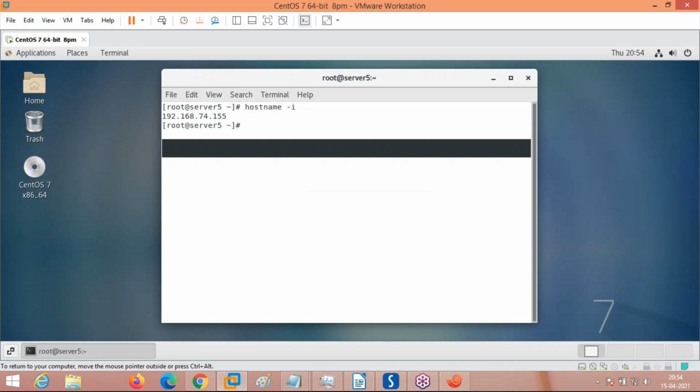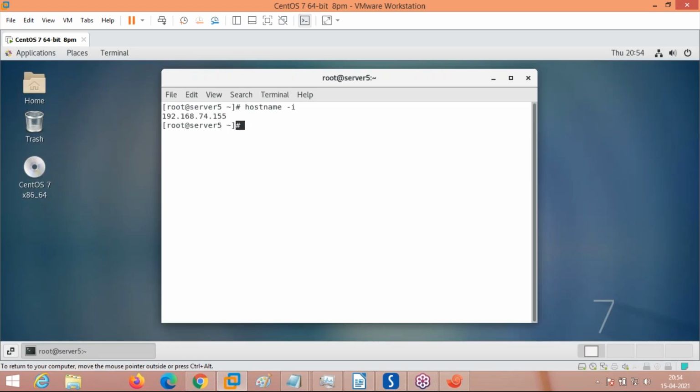Whenever you are logging in, if you see the hash symbol at the command prompt by default, then you can know you are in an admin login. whoami is the command to check who the user is. Root is the admin, and you can identify a root login just by looking here: root is the name, serverify is the host name, and hash is the command prompt. Whenever it is a hash, that means it is an admin login.